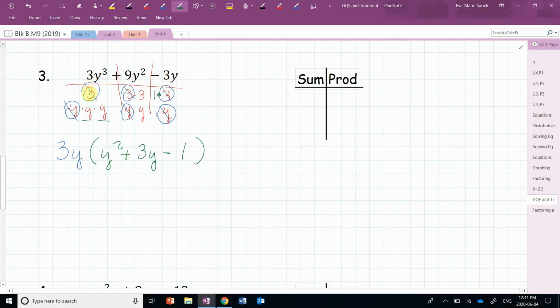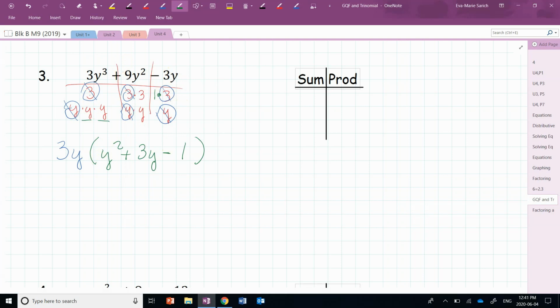3 divides by 3 to give us 1y squared, right? 9 divides by 3 to give us 3y squared, okay? Negative 3y divides by 3 to give us a negative 1y, okay? And then we factored the y out. Okay, so now,